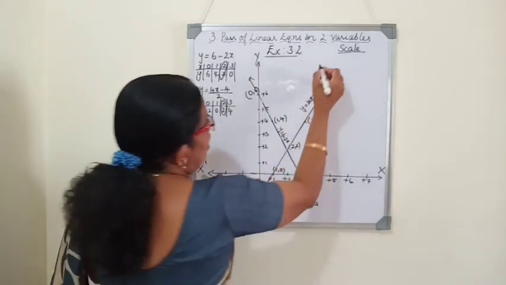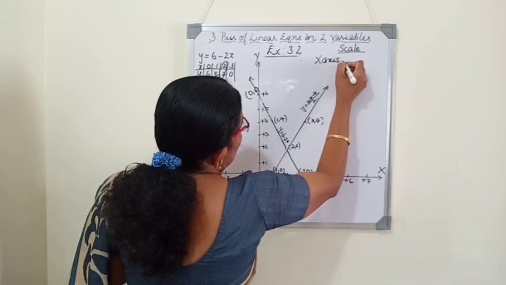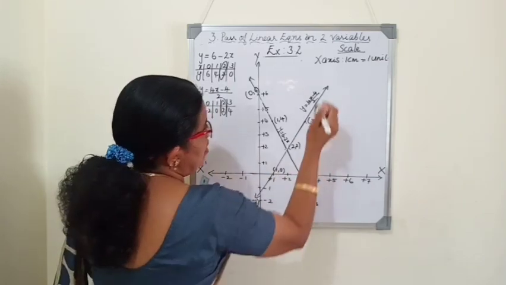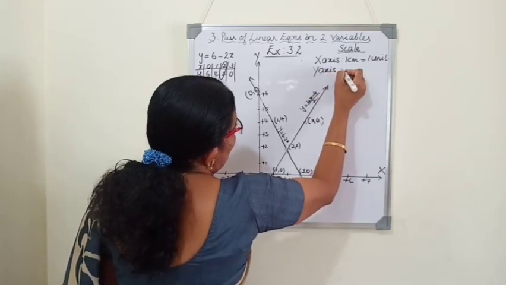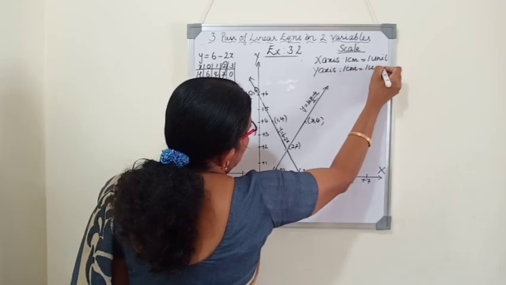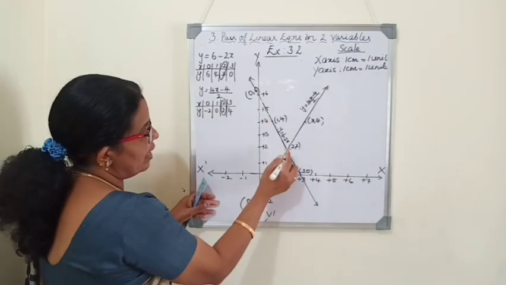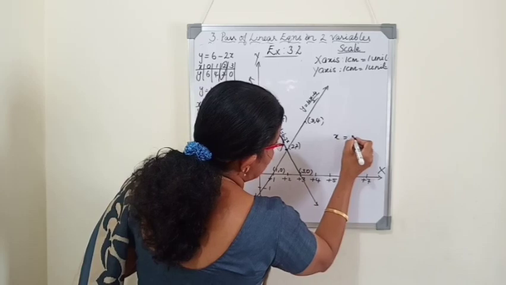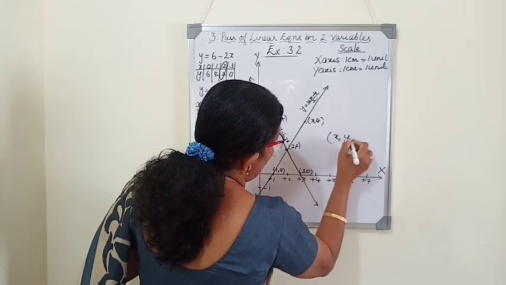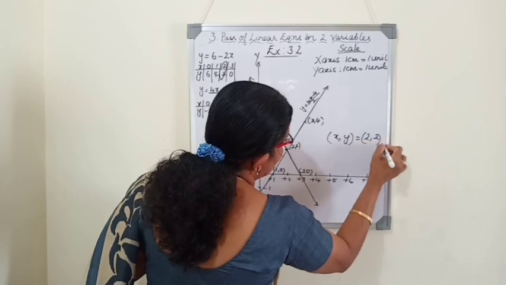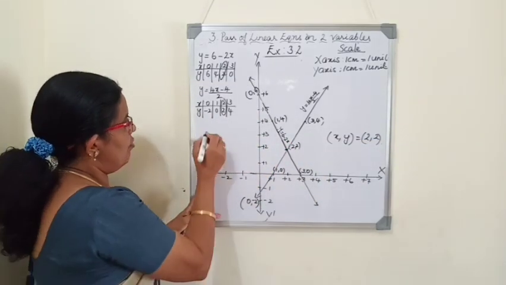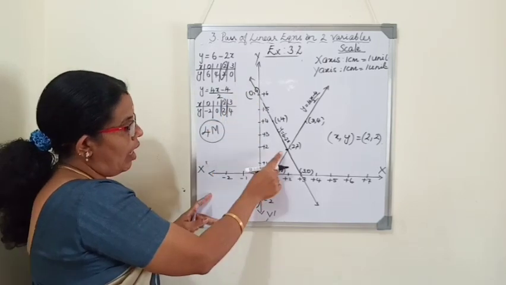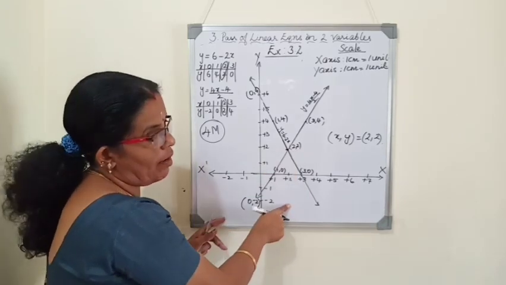Now scale I will write x-axis 1 centimeter equals 1 unit. Because here taken as 1, 2, 3 in the y-axis same way 1 centimeter is equal to 1 unit. Now see when the lines will intersect at one point, unique solution 2, 2. The solution is 2, 2. Here the answer is x is 2 and y is 2. This is a very important question for 4 mark. So like this question will be asked for 4 mark. 2 equations will be given and there will be a unique solution. Here to plot the graph.